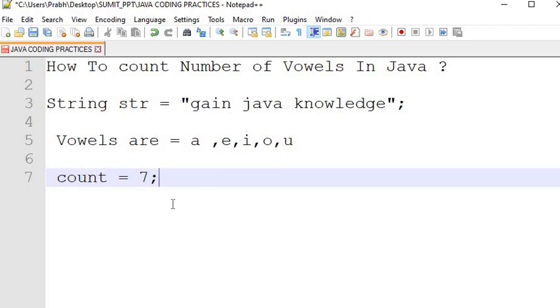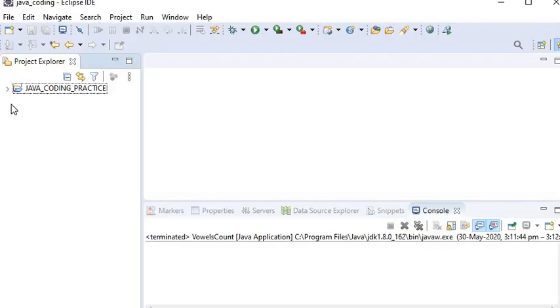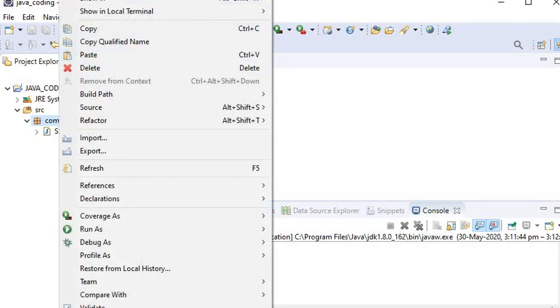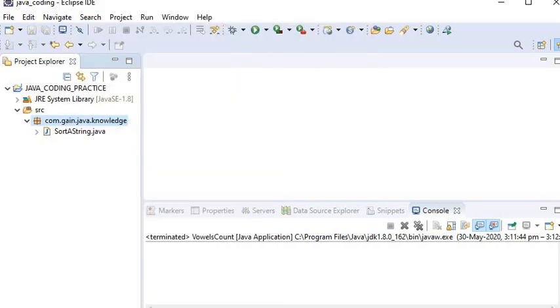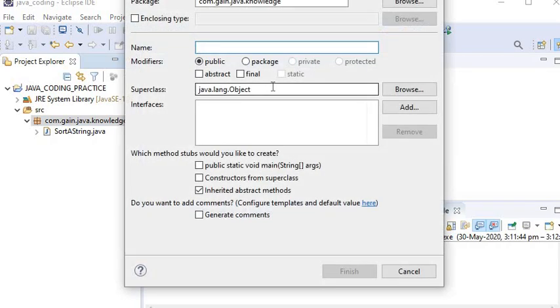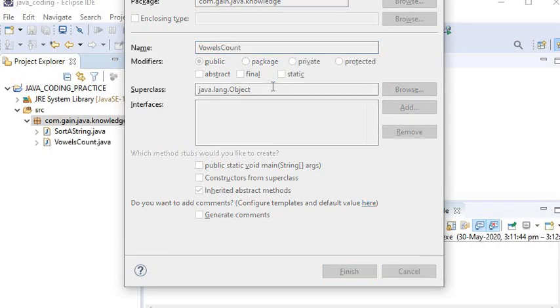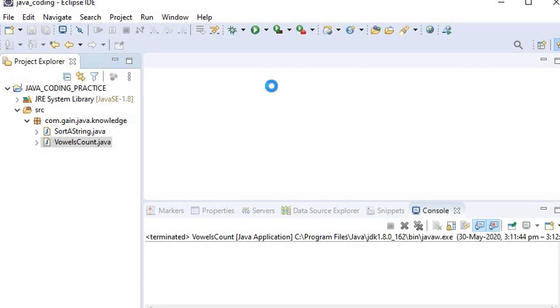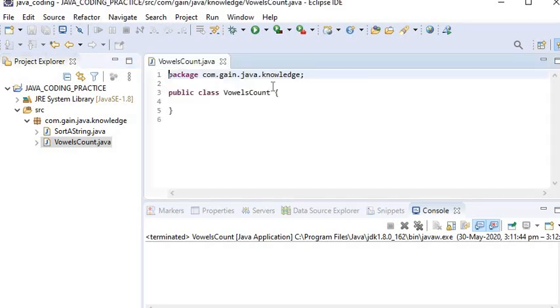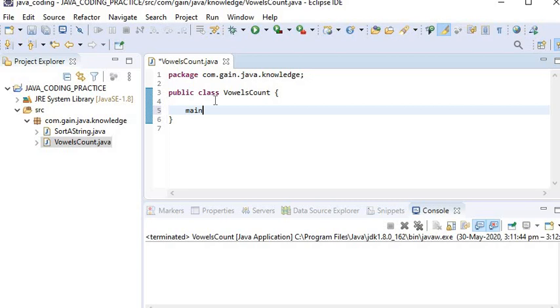Okay, let's begin to write the code. Here I will create one class, that is VowelCounts, and here we will write the code to count the number of vowels. In different ways, we will first use switch conditions. In this class I will declare one main method,